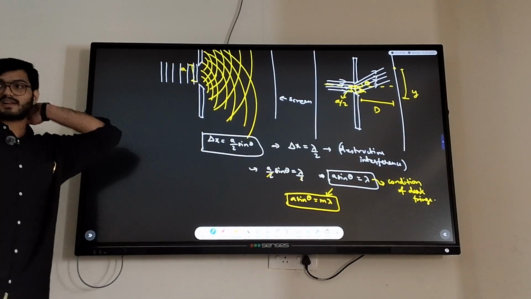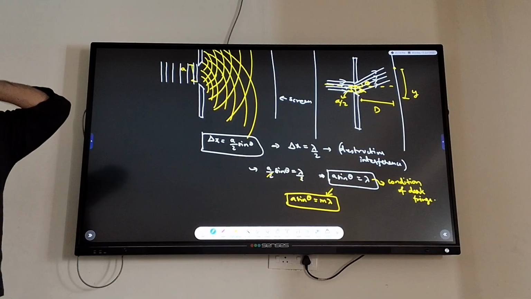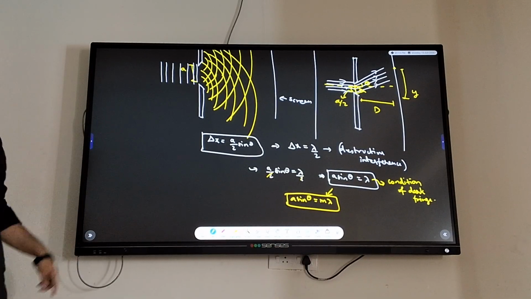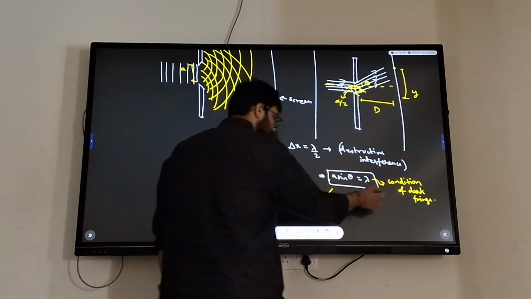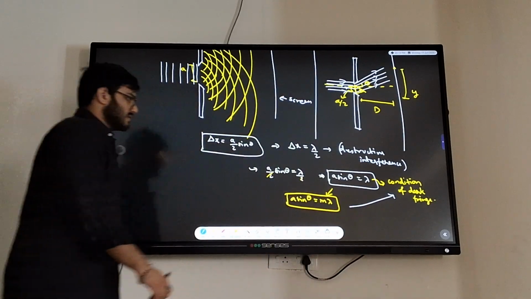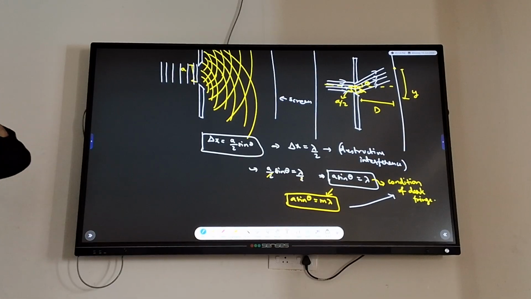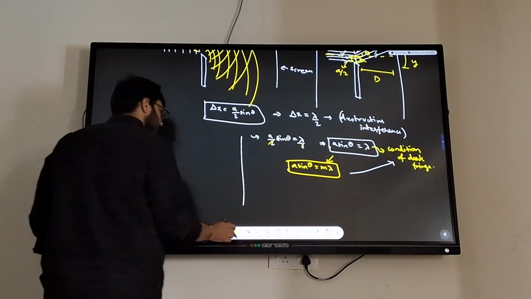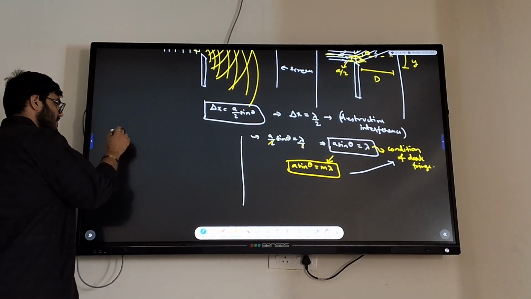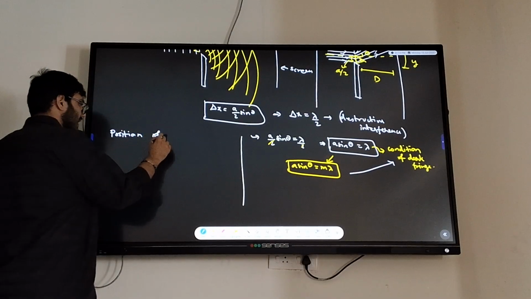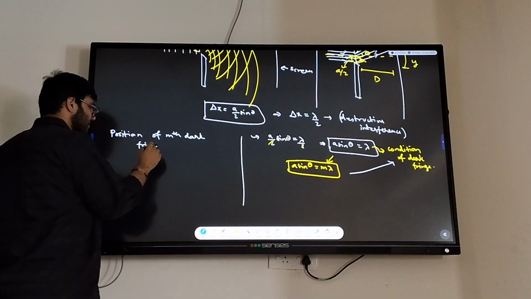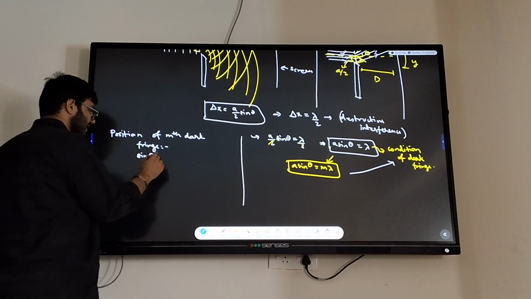And it's actually exactly opposite to interference. In interference there was n lambda pe constructive, now here it is destructive. This is also the condition of this. Do you understand this? What will be the position of the mth dark fringe? Position of mth dark fringe. If you remember, we used to do it by assuming that sine theta is approximately tan theta,